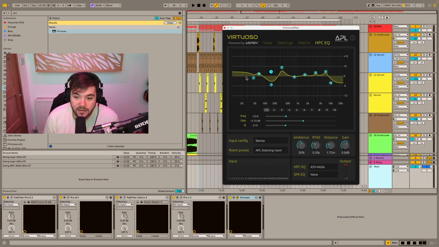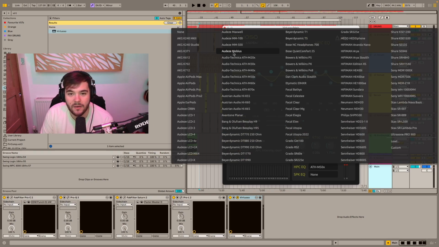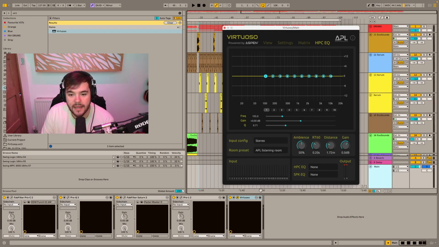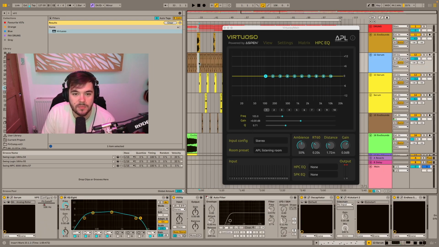Now, this setting of the EQ is basically trying to emulate my headphones. It knows how bassy my headphones are and how the high end reacts to different sounds, and it'll adjust those sounds so it sounds like you're sitting in that studio. It sounds pretty crazy, and it is pretty crazy. But if we just listen to that with none and we're listening to the APL listening room, so if I just play this track here,